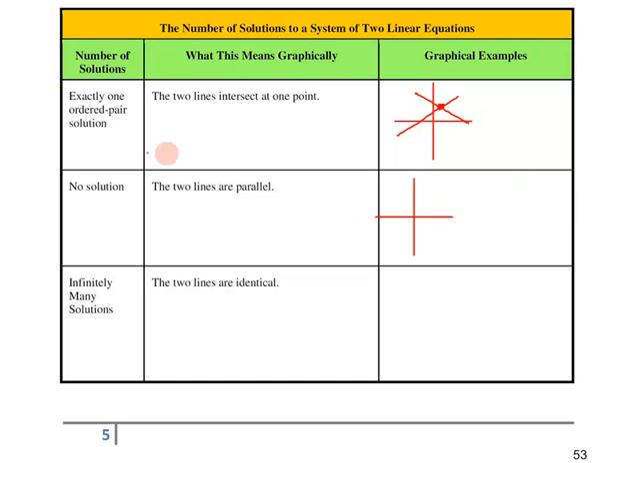Okay. Now, what if they don't intersect? That means the two lines are parallel. This is what happens when you have no solution. They don't ever intersect. And last of all,